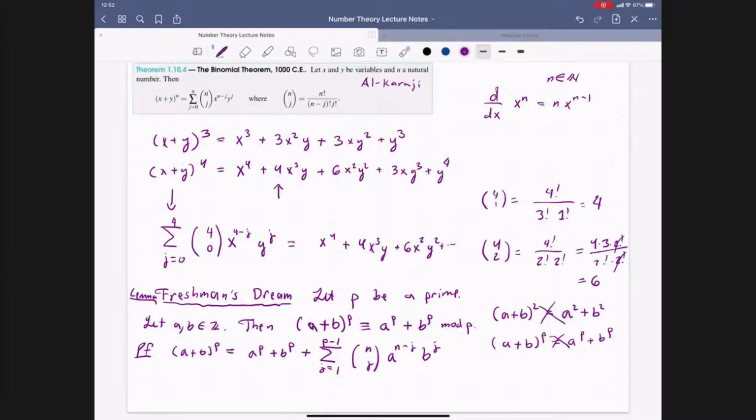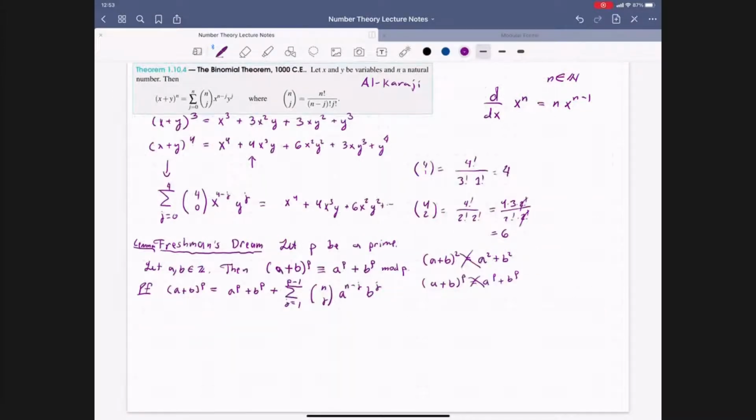And so what we want to show is that this here is always going to be congruent to 0 mod p. In other words, this here is always divisible by p. Now, the way we go about that is making the following observations. So let me go ahead and shrink this. So what the claim is,